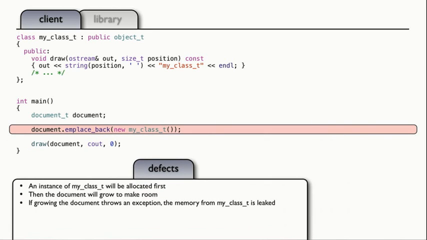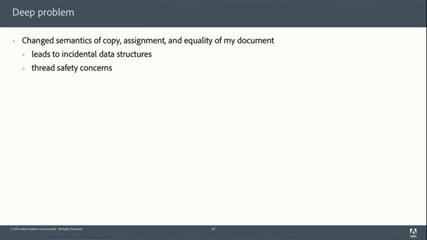So it's even a little worse, which is in-place back has to make room for where that object goes, and in-place back could throw an exception, and that would leak it. So even if we had something further on in the code that cleaned it up, we could still leak it here. Okay? Now we could fix that by using make shared or something like that. Okay? And we could fix the memory leaks by deleting everything that's in our document.